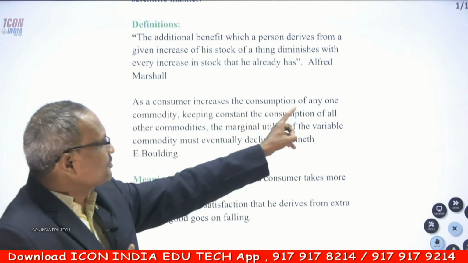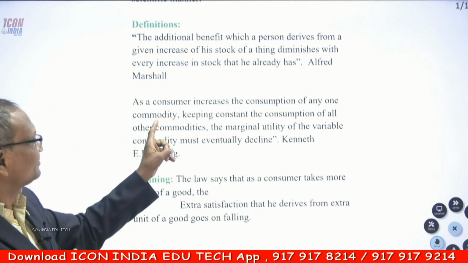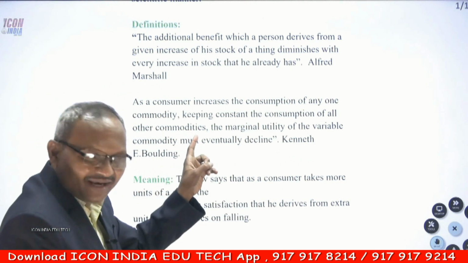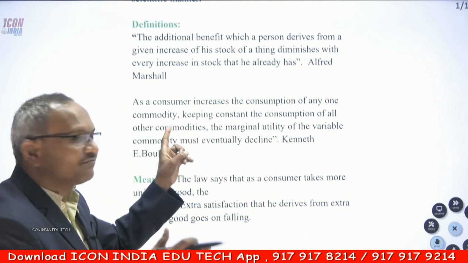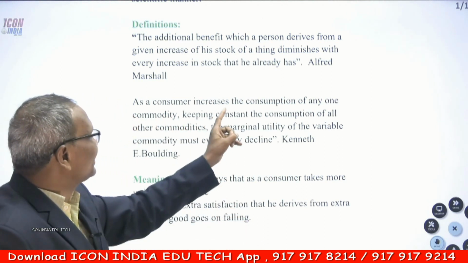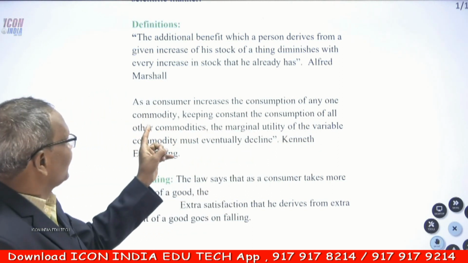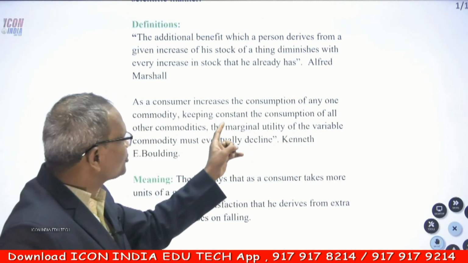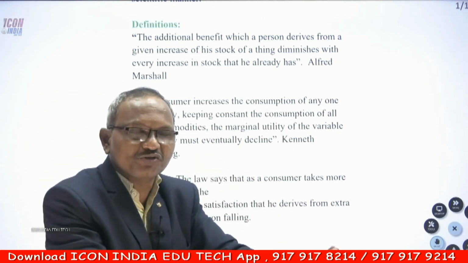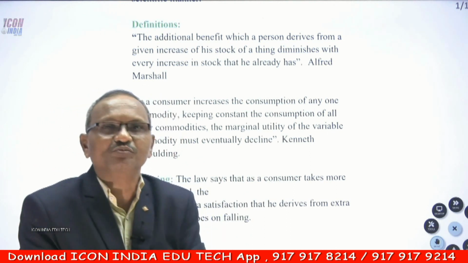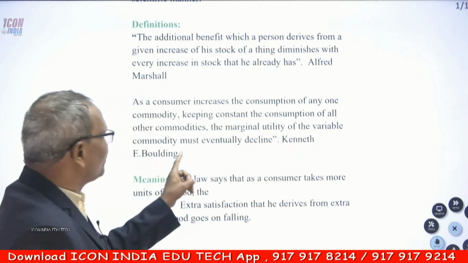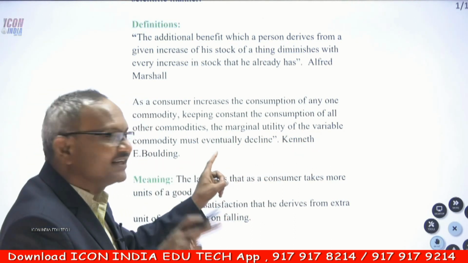So, the consumer increases the consumption of any one commodity, that is apple, keeping constant the consumption of all other commodities. So, all other commodity consumption is constant, means only the consumer consumes units of apple. The marginal utility of the variable commodity, meaning the changeable commodity, apple,